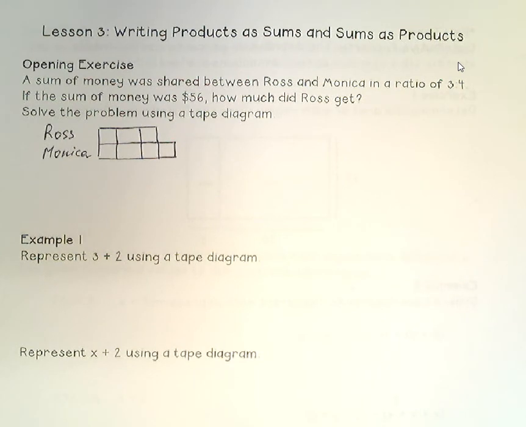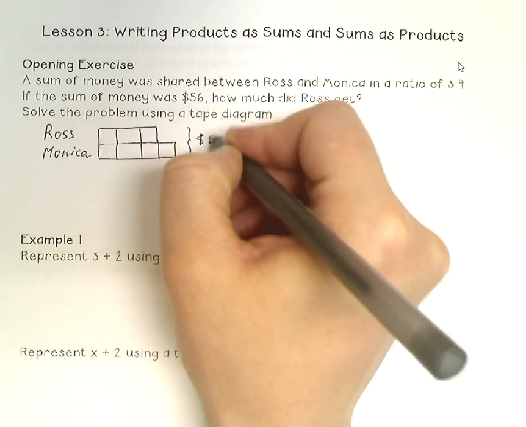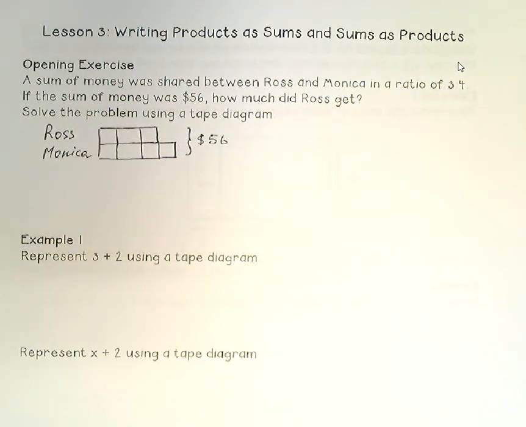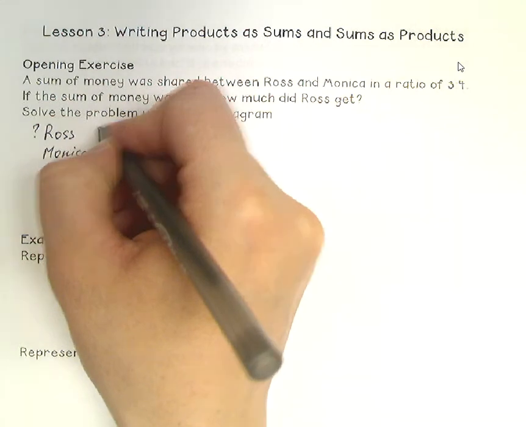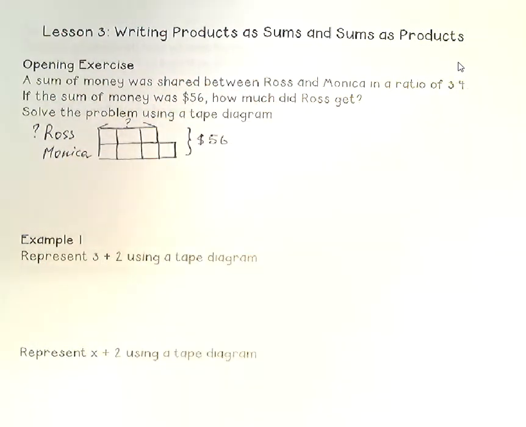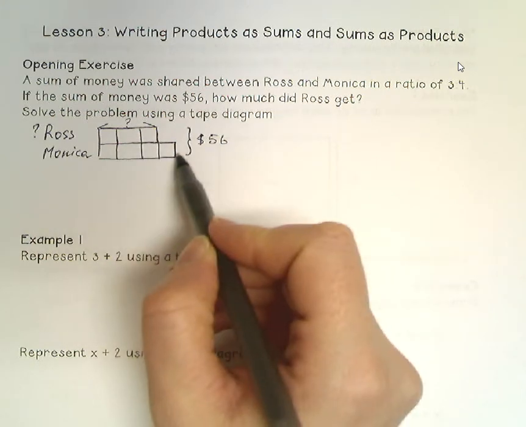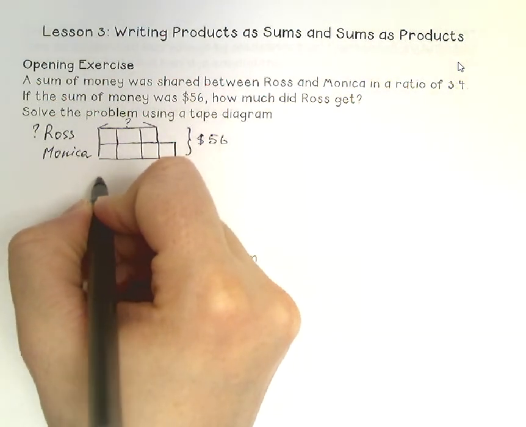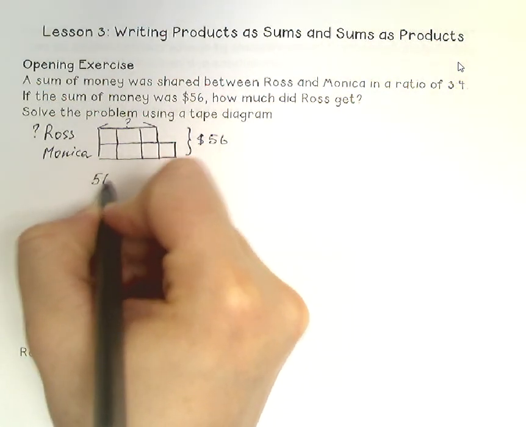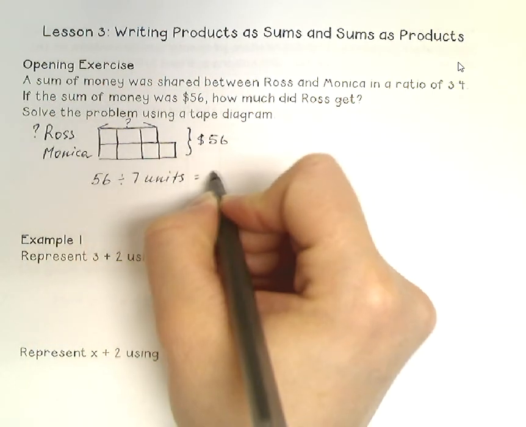We know that the total sum of all the money is $56, and I need to see how much Ross got. So I want to see this part right here. Okay, so if I look at this tape diagram, in total I have $56, and also in total I have 7 boxes. So if I take 56 and divide by those 7 units,